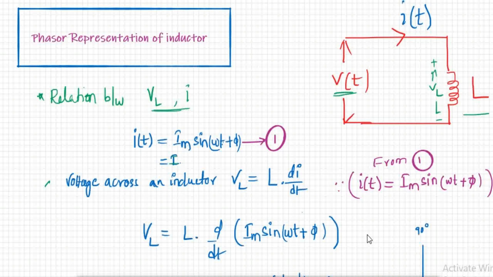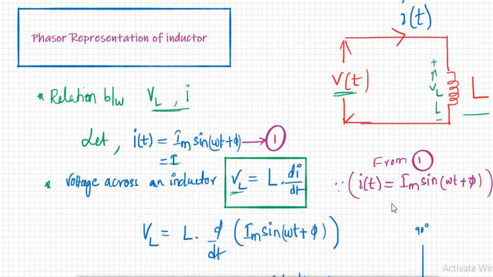Now let us consider the voltage across an inductor. We need to find this, which is VL equal to L into di by dt. This is one expression you must remember. VL equal to L into di by dt, voltage across inductor. Similarly, there is another formula that you need to remember for a capacitor, that is current through capacitor i equal to C into dV by dt. These two formulas should be remembered.